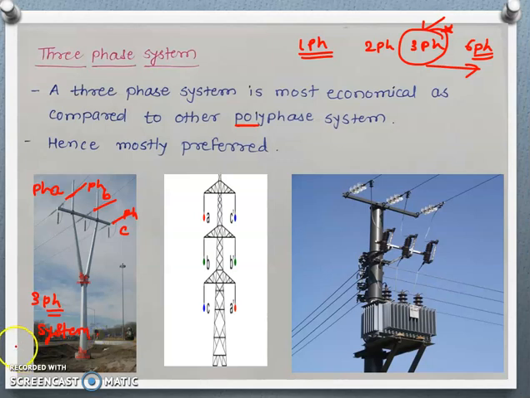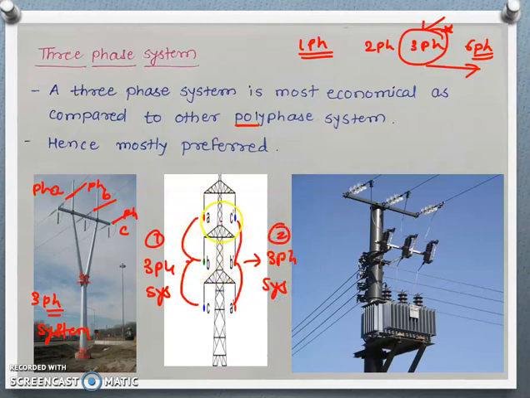This is also a different type of tower structure where A, B, C make a three-phase system. And also this A, B, C makes again a three-phase system. This type of tower carries a double circuit three-phase power conductor. This is a single circuit where R, Y, B or A, B, C, and this is a double circuit which is carrying three-phase supply on both sides.